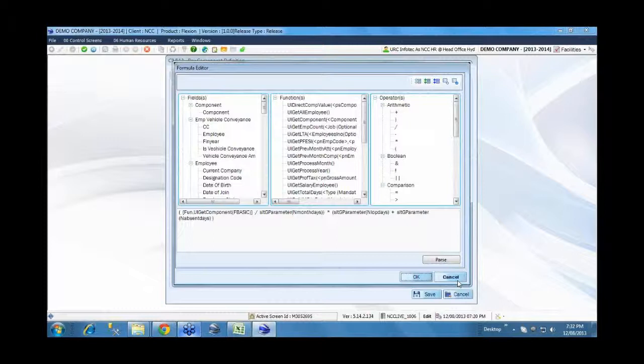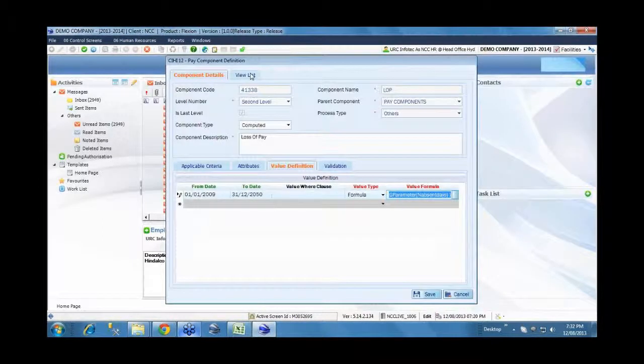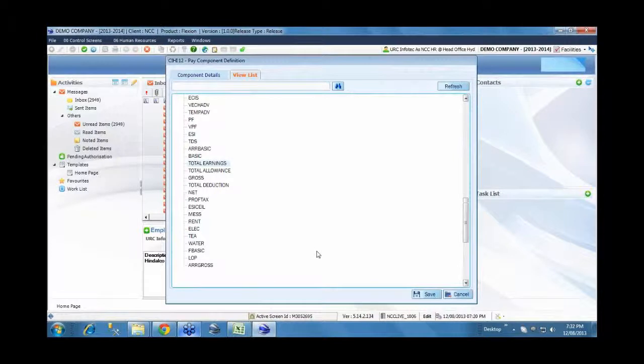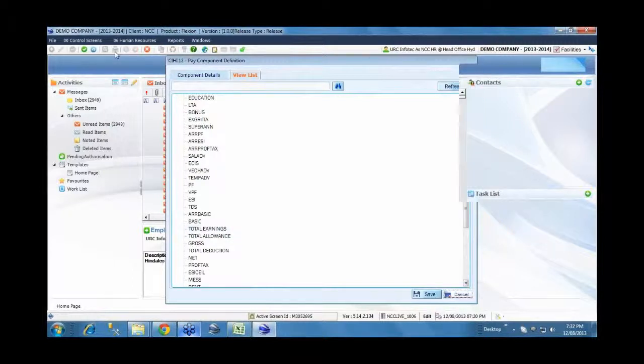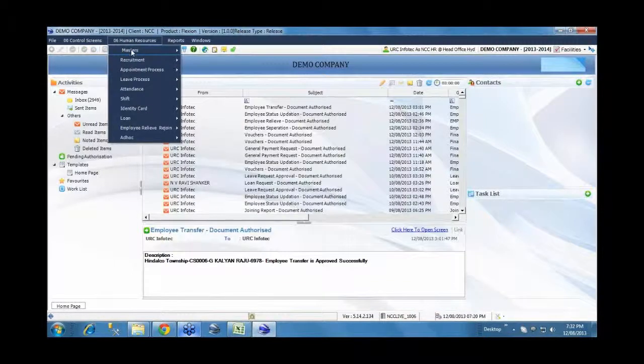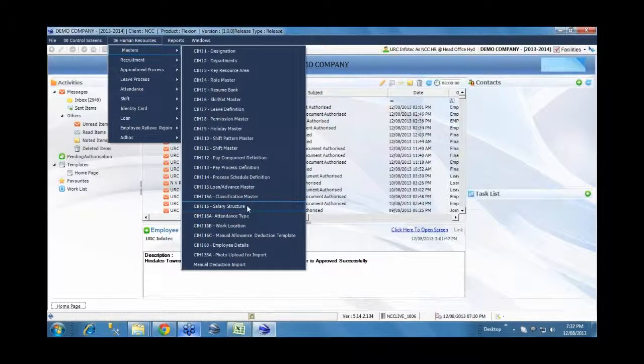So once the pay components are defined like this, the various allowances and deductions, whatever is there in the system, we can define. Here again, with the provisions and features we have in the system, we guarantee that any complexities you may have relating to calculation of any allowances and deductions, and how they need to be applied, can be easily handled by the formula builder and the criteria builder we have.